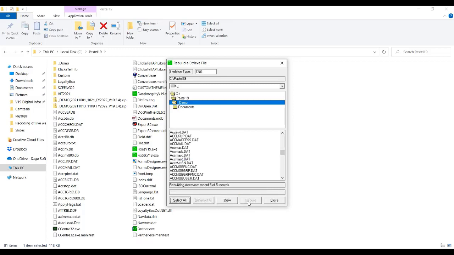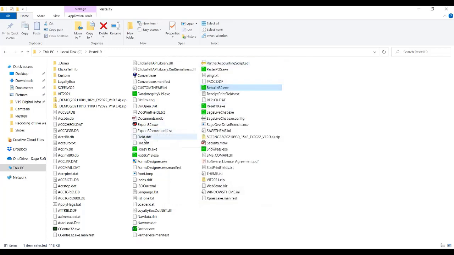But basically, guys, you can see it says rebuilding X of X. Now, transaction is every transaction you've ever processed. So there could be millions of files and it can take hours for that to rebuild. But if you get a critical error, and guys, I can't stress this enough, you have got to run a